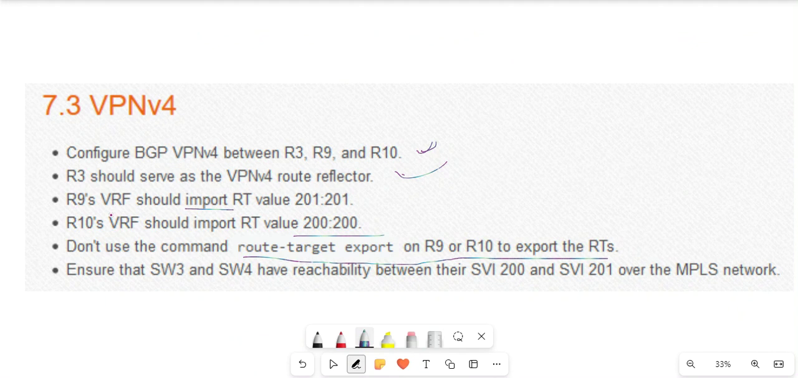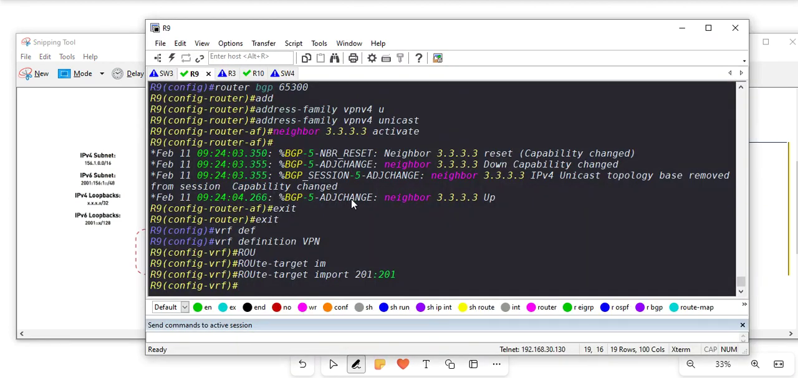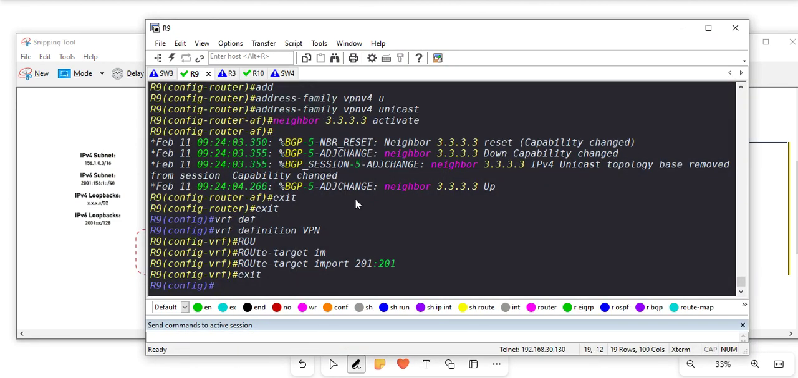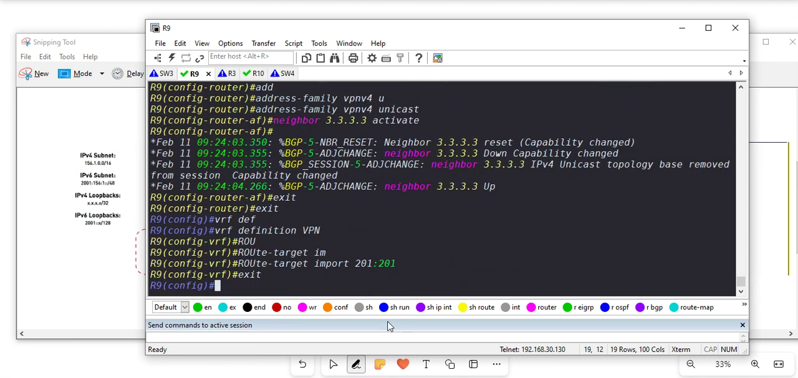now I have to do the same one for R10. This time it is 200. It should import. Now on R10 it should import 200. Then I have to export 200 on R9. On R9 I create a route map again. RT, I type route map, export 200,